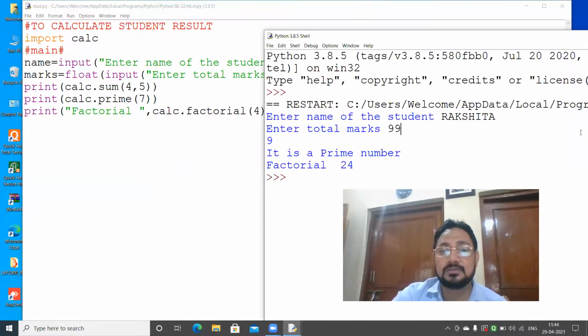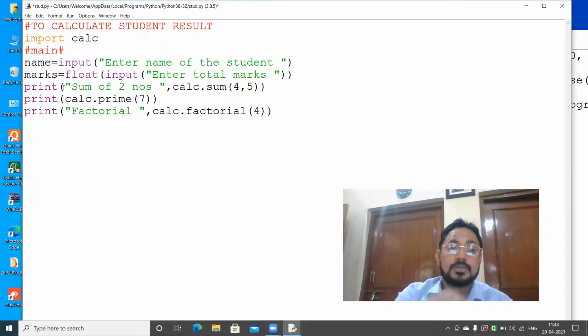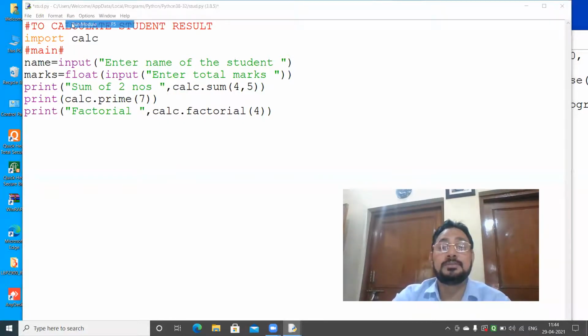Now in case, just write sum. The sum of two numbers will also come. Run.